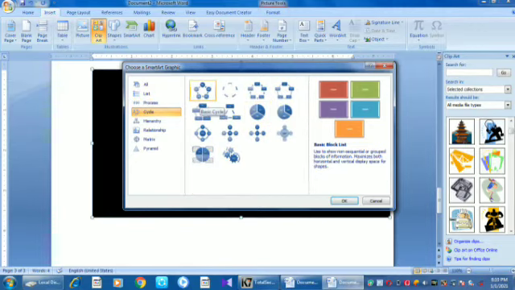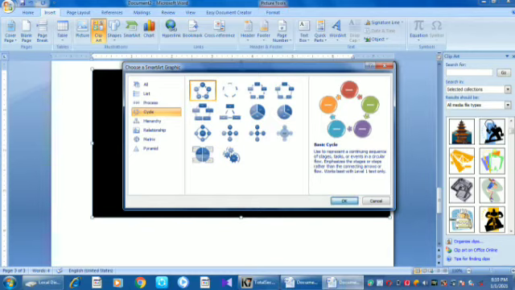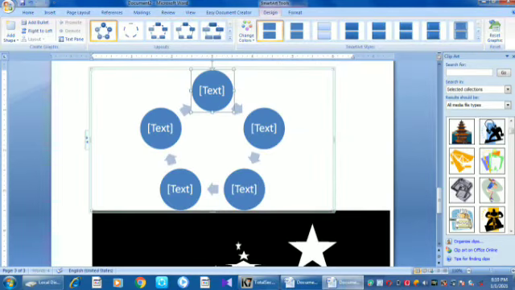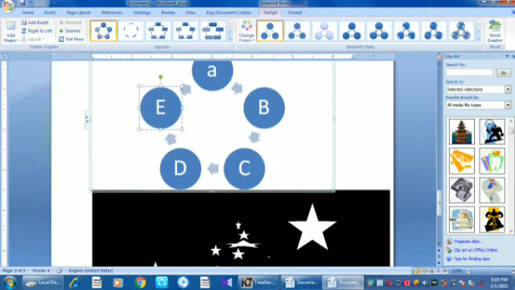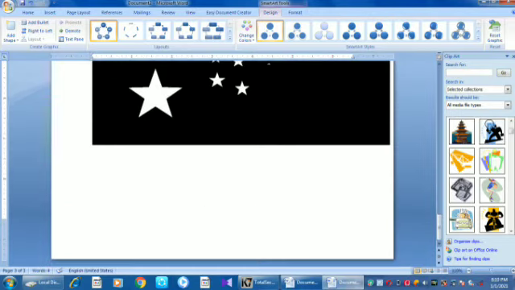Suppose we want this means we can choose. Click OK. We can type here. This is A. This is B, this is C. We can type any letter here. This is the Smart Art. Smart art is a collection of graphics.